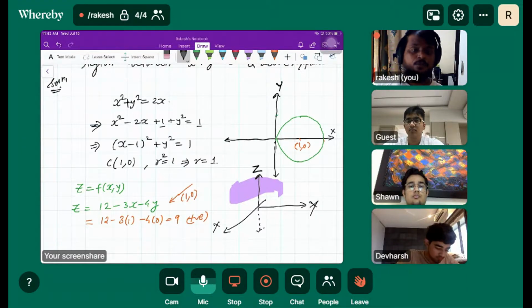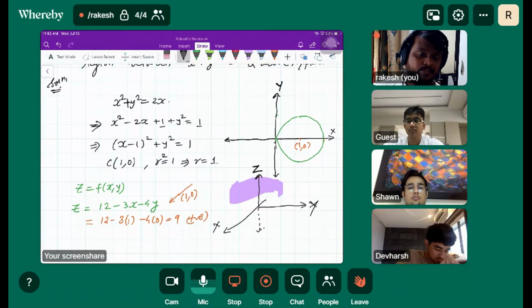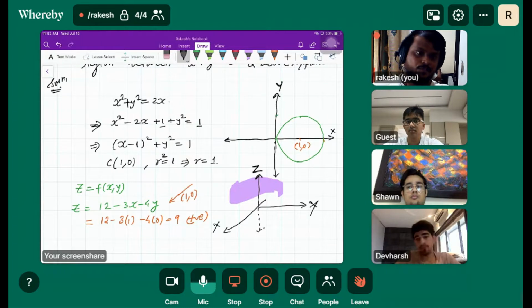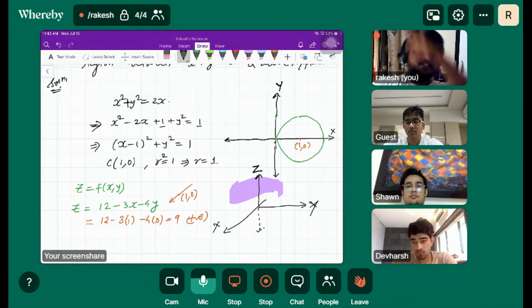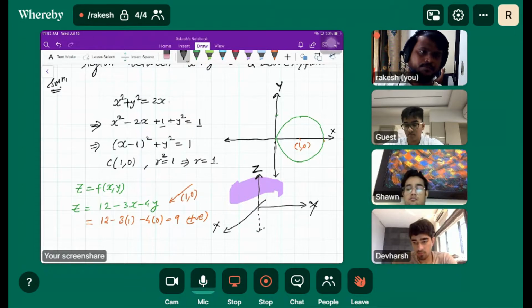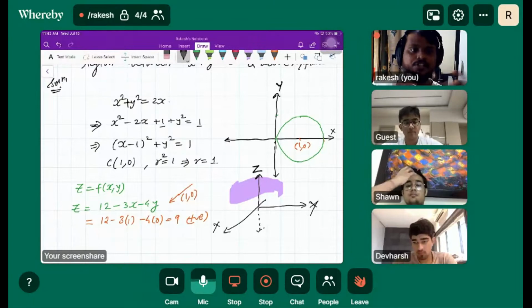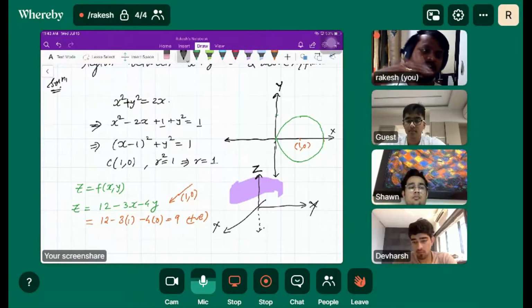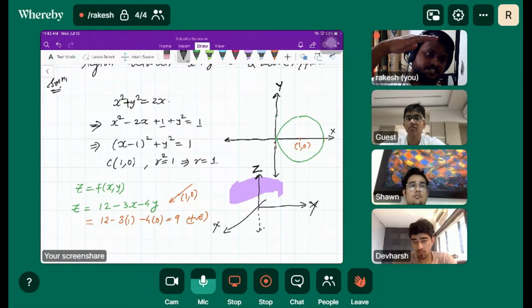What we are interested in here is that the surface may go in the negative z direction, but we are interested in the particular region, not the infinite region. The volume must be calculated for the finite region, obviously. So for the particular region, the surface is in the positive z direction. Are you getting that?